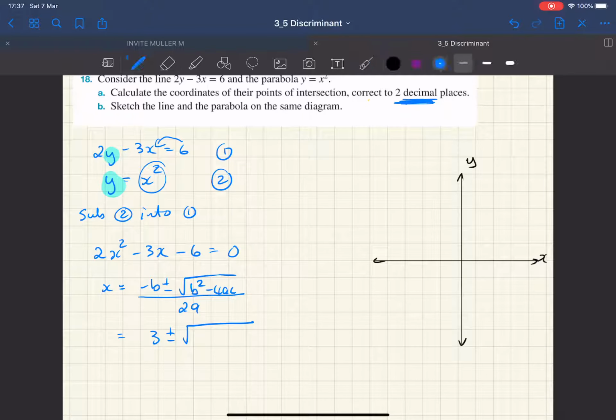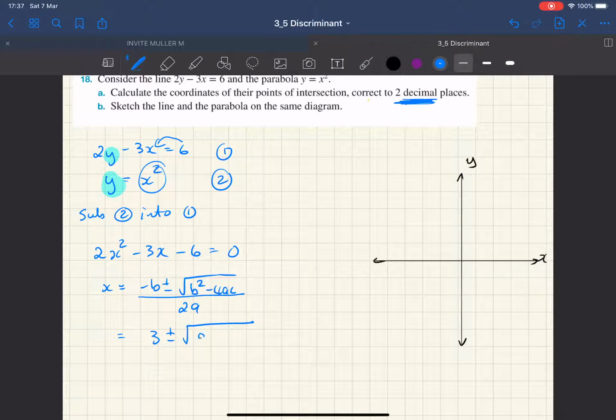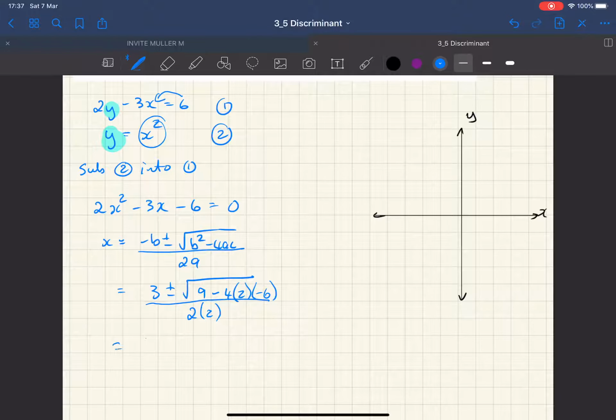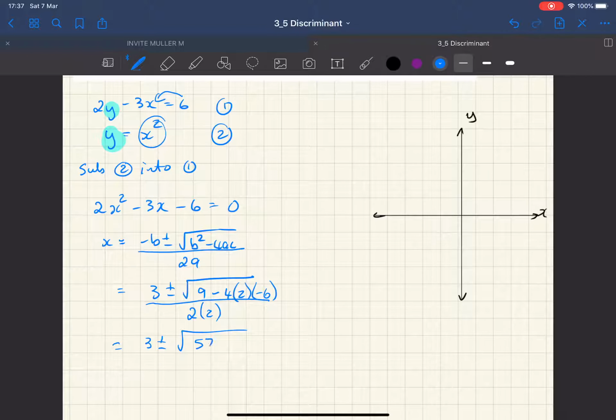I'm just going to take shortcuts because this is not hard. 3 squared is 9. Take away 4 times a, where a in this case is 2 and c is negative 6. That will be divided by 2 times a, and a is 2. My answer will give us 3 plus minus the square root of 9 plus 48, which gives me 57, divided